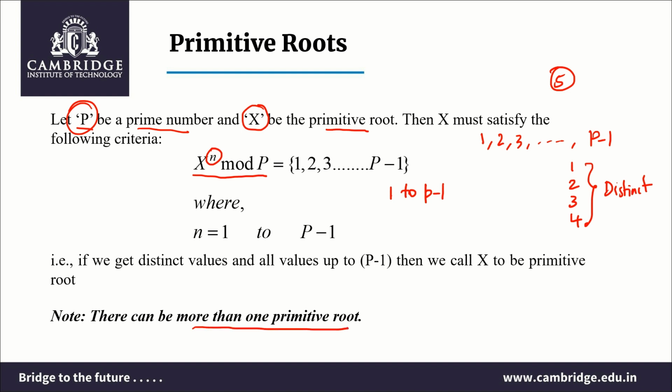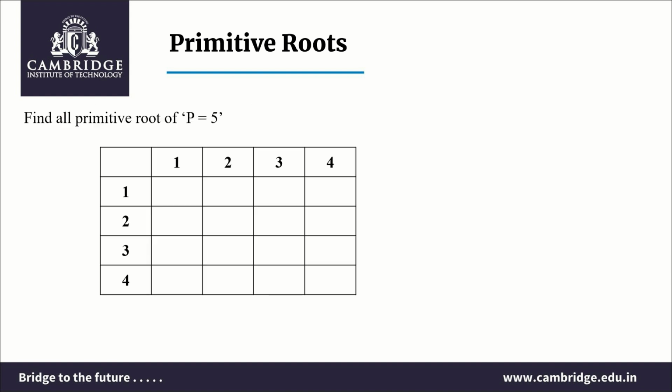Having learned this, let's take one example. Let us try to find the primitive root of p equal to 5. I should perform x power n mod 5. X can be any value from 1 to p minus 1. In some textbooks you can also see this as alpha. And these values are my n. Now, when I consider x equal to 1,